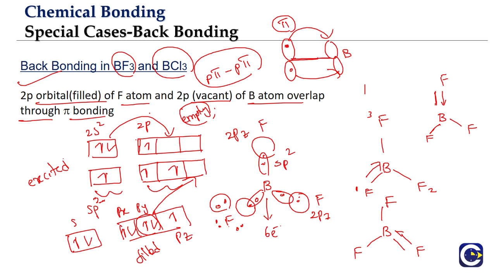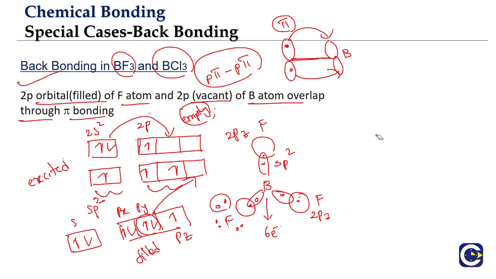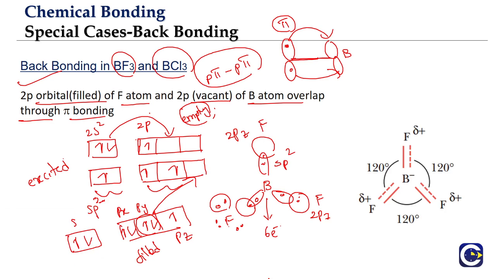Okay, and the actual BF3, right? So here, if you go by these structures, what do we expect? We'll expect that two of the boron fluorine bonds will be of one type and the other third bond will be of different type. That is what we expect. But in the actual BF3 molecule, all the three boron fluorine bonds will be identical and the bond characteristics will be in between that of the single bond and the double bond. So what is happening there? There is also the concept of resonance.